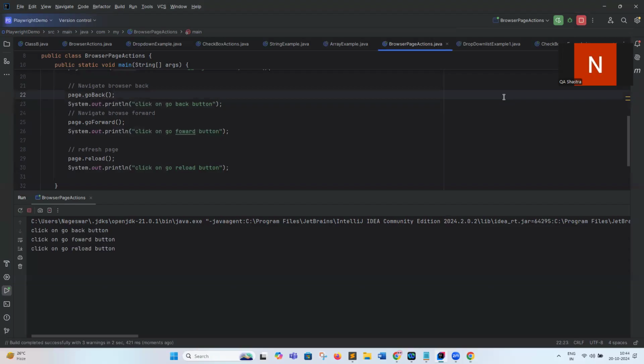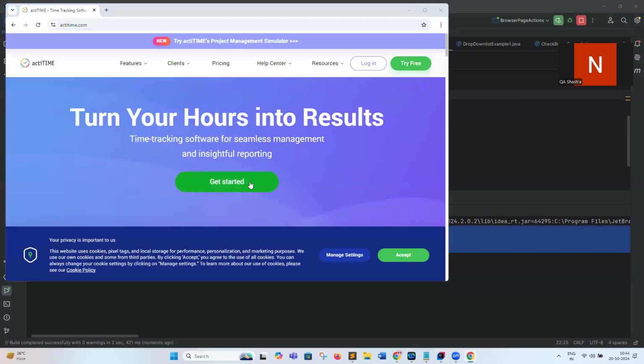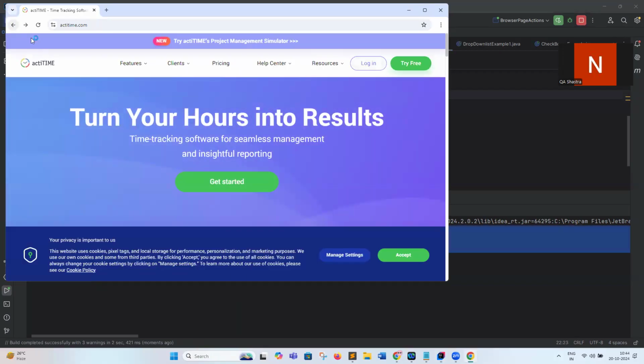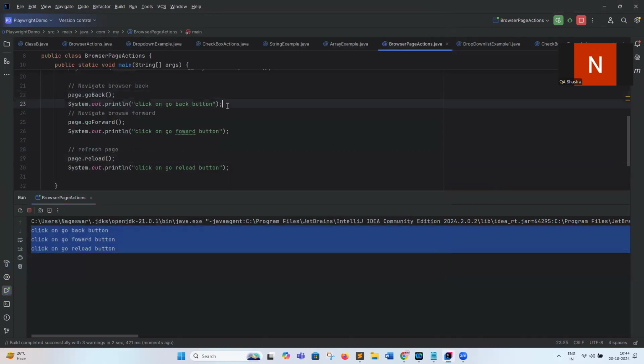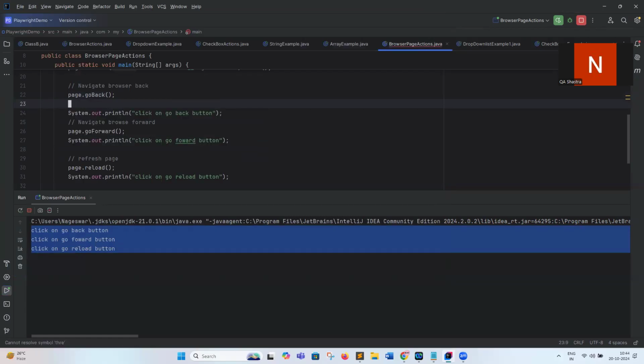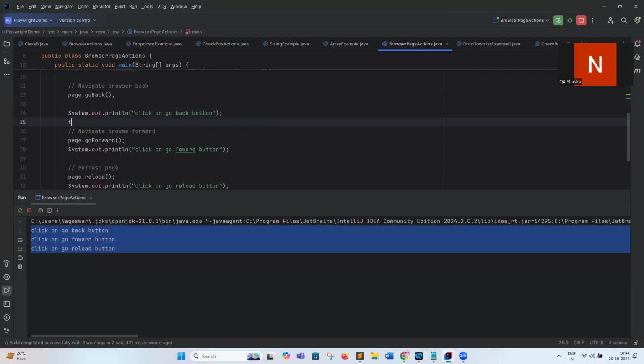All of them are executed, but we are not able to see the actions. Is it possible to record the screen while it is performing actions? Yes, it is there, we are going to talk about that later. For now, we can give a wait. Let's see that wait. Thread dot sleep, right? Generally,